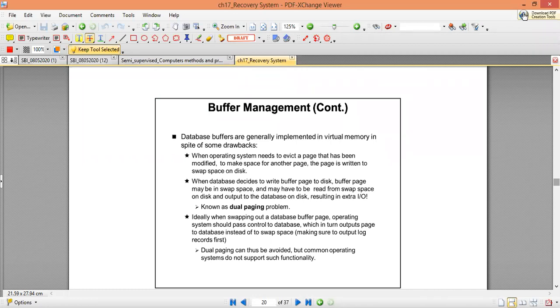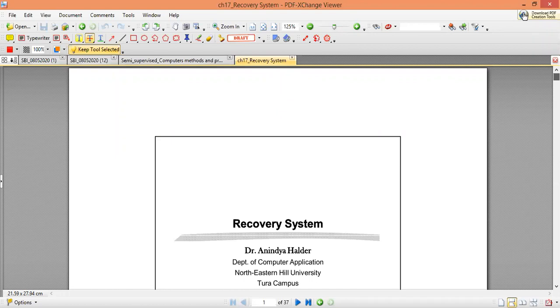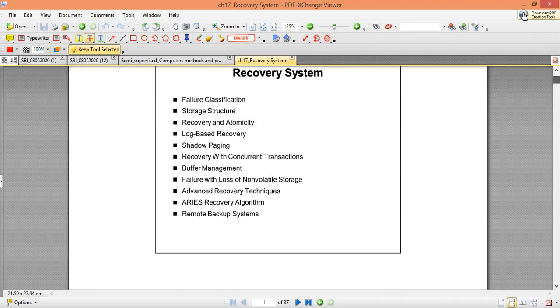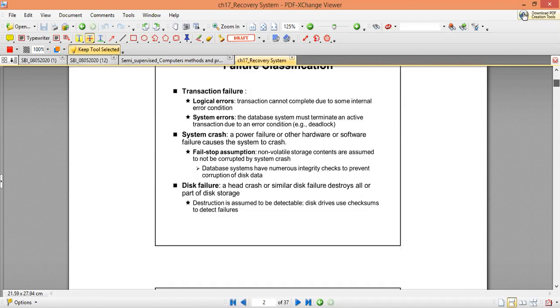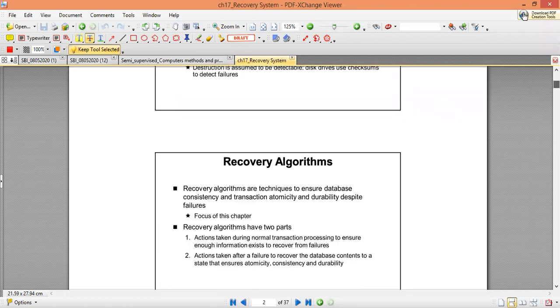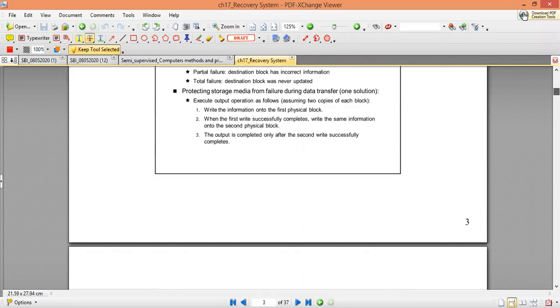Just to summarize, it was a big unit. In the recovery system, we started by discussing the classification of failures, the different types. Then we talked about the different recovery algorithms and storage structures.